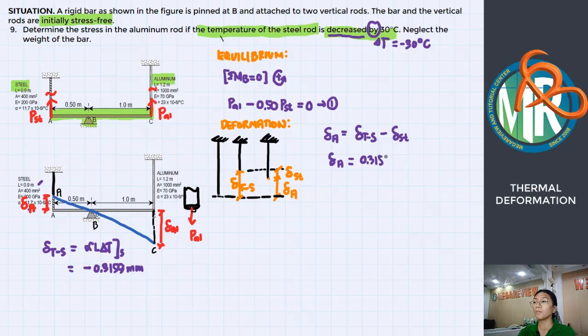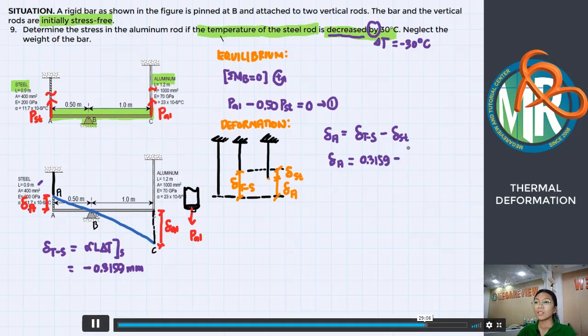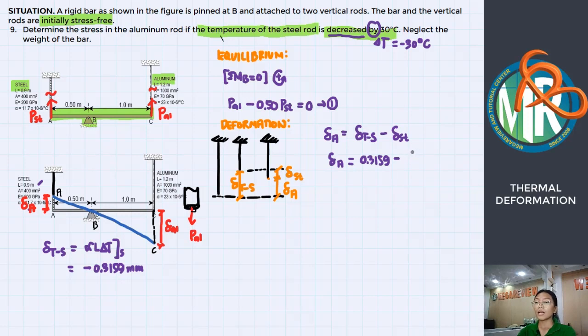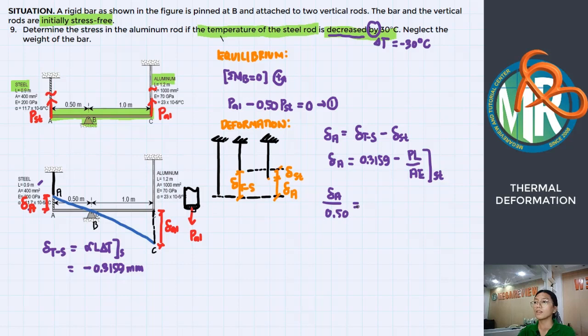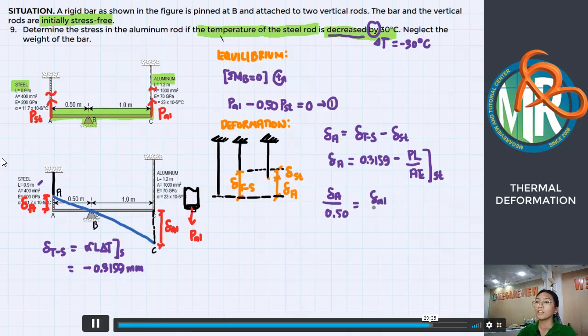Kasi in-indicate mo naman yung direction ng deformation dito. So, deduct natin sa axial deformation ng ating steel rod, axial resistance, which is PL over AE of the steel rod. So, ano pa ba? Pwede mo ding ma-relate yung delta A mo dito sa deformation, axial deformation of the aluminum rod using ratio and proportion. So, by ratio and proportion, pwede mong sabihin delta A over 0.50 equals delta, the axial deformation of the